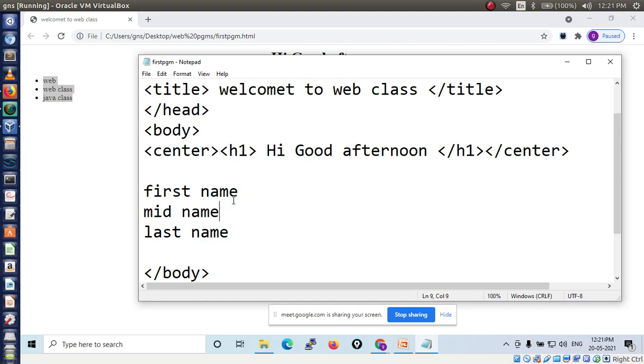Are you writing a code? Okay, write down in your notebook.